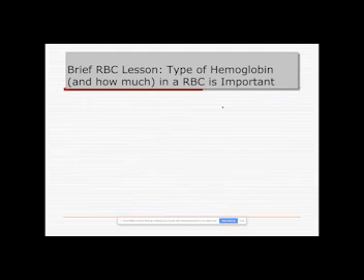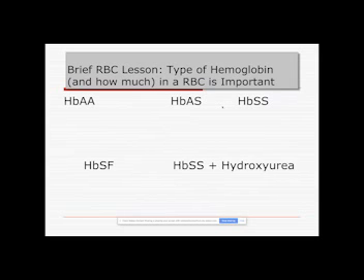So it's also important to learn how the red cell works, because there's a lot of people, almost every med student, who don't understand a red blood cell. What's important to know about a red blood cell is that a normal red cell has lots of hemoglobin in it. It's not just 1 or 2 hemoglobin molecules, it's tons. So a normal hemoglobin AA red cell has all A and a little bit of A2. Somebody who has trait,